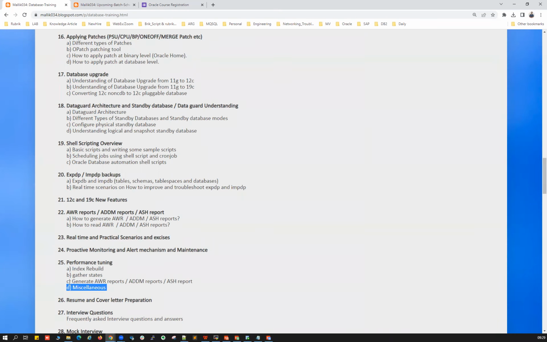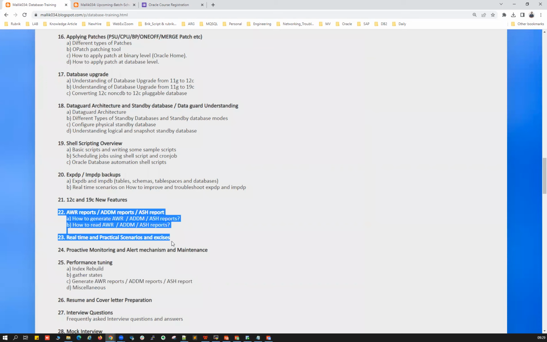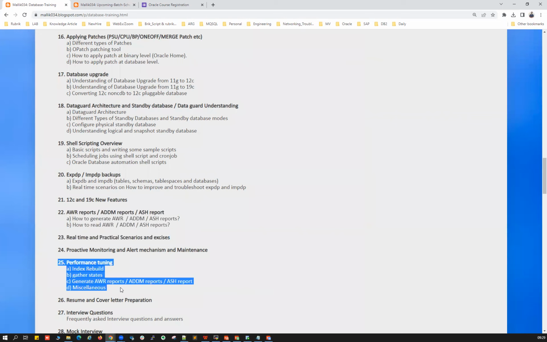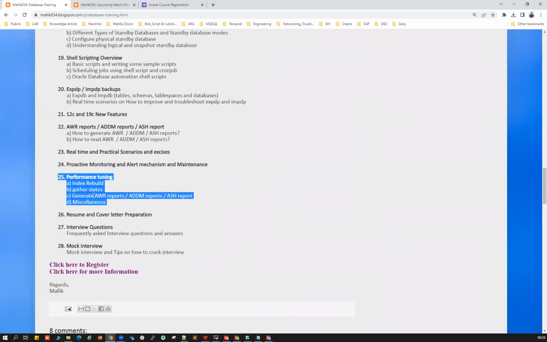Those will be your performance tuning recommendations based upon your analysis. After analyzing your AWR, ADDM, and ASH reports, your recommendations will be like rebuilding an index, gathering stats on the table and schema level, table move, table shrink, SQL profiling, SQL tuning, and so many other things. Those are your recommendations, and that's all about the course curriculum.